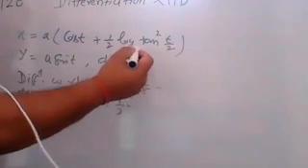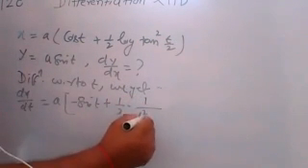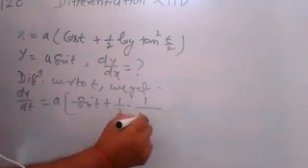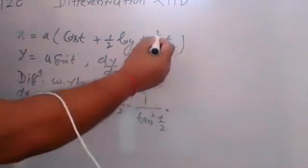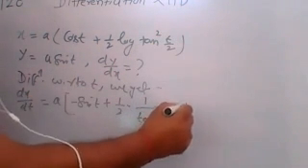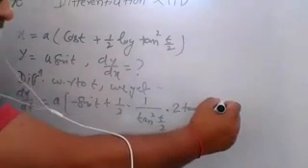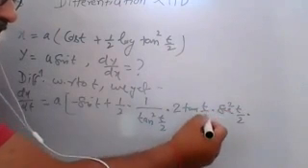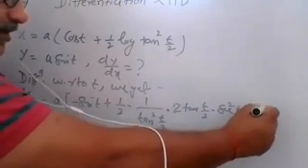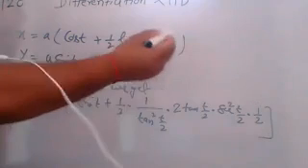Here that will be treated just like log of x. So you write 1 upon tan square t by 2 into d by dx of tan square t by 2. So you write 2 tan t by 2, and the differentiation of tan t by 2 is sec square t by 2. Okay, and then the differentiation of t by 2, which is 1 by 2. Write it in this way. So that gives the derivative of log tan square t by 2.